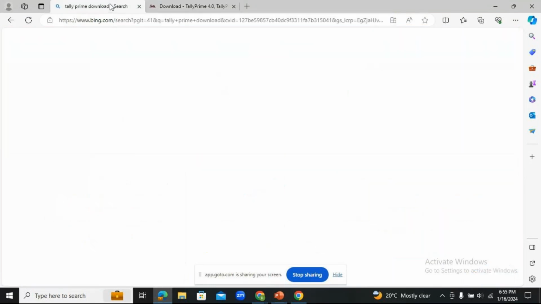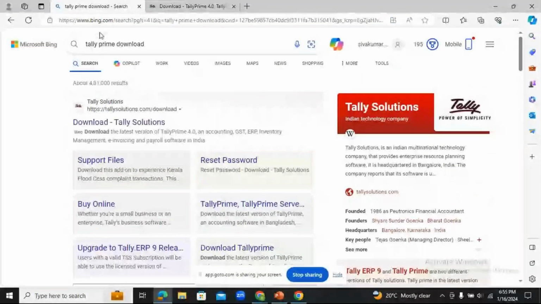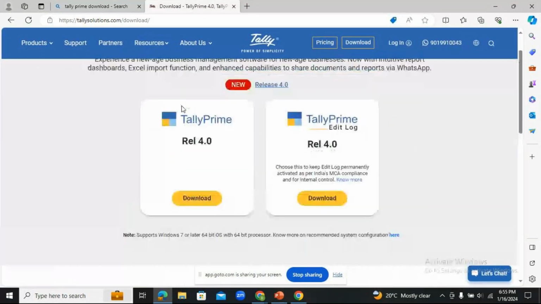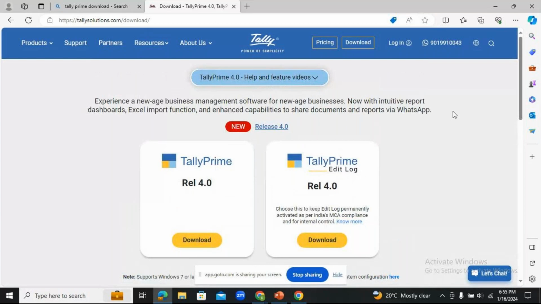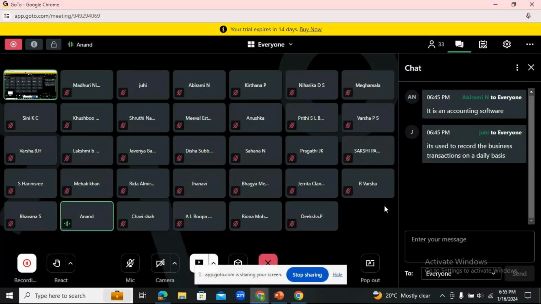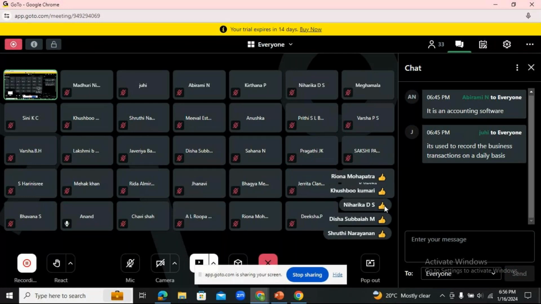In your Microsoft Edge or Google Chrome, just type Tally Prime download and click on the first link, Download Tally Solutions. Once you click on this, you come to the official Tally website. Have all of you got the website? If anyone has not got it or is having an issue, please let me know. Pretty good responses.